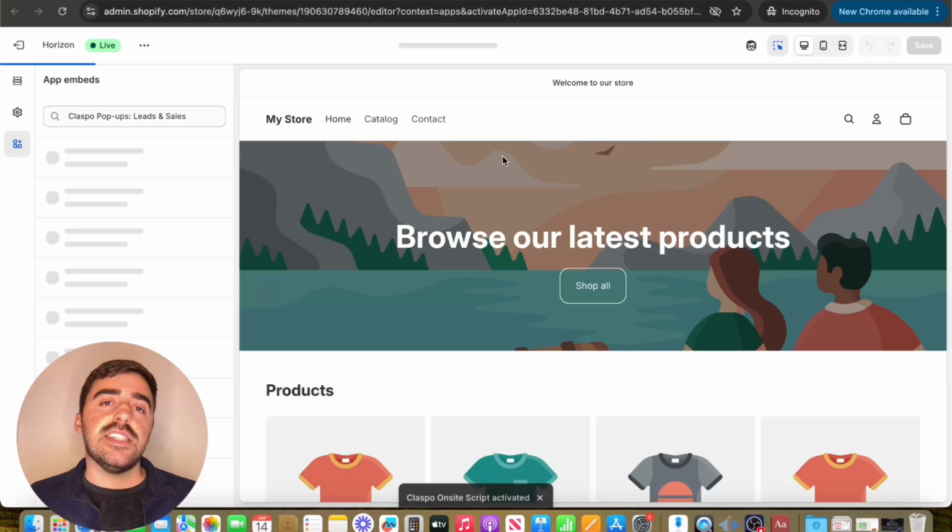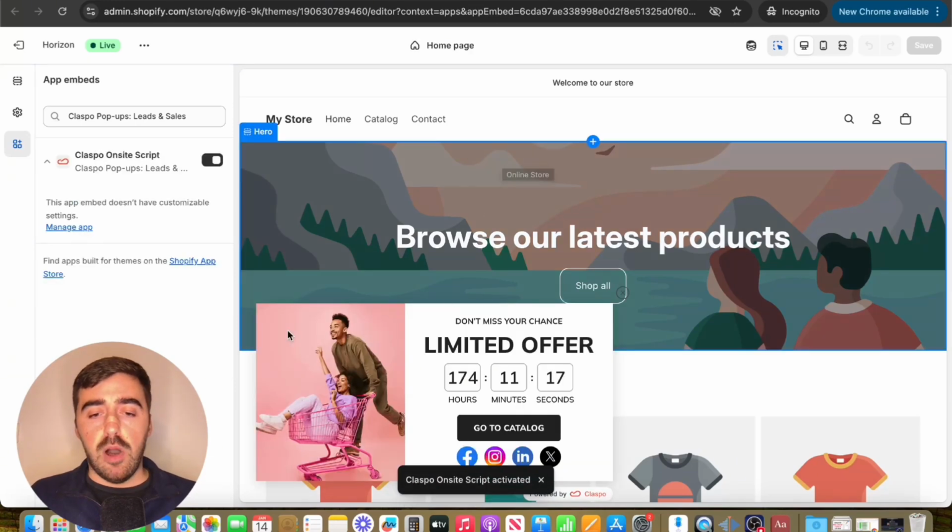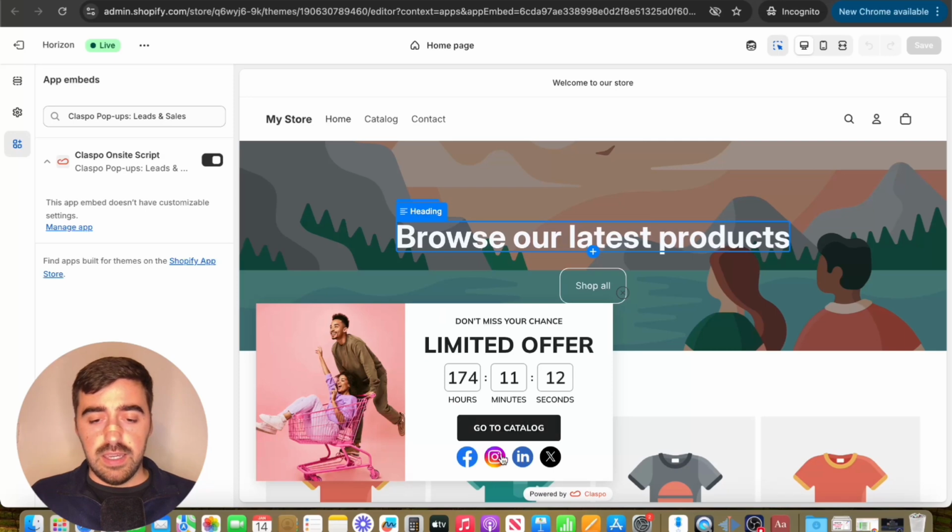Now based on the settings that we've set here, we should see a pop-up. As you can see, there it is. It should show immediately like it did, and as you can see, it's fully interactive. And that's about it. That's how to make a